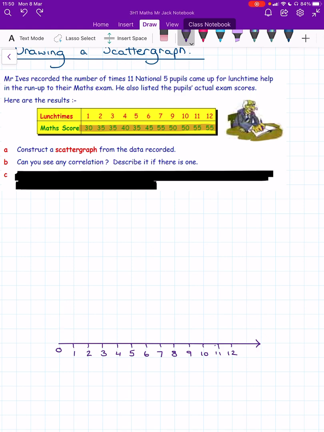which is we can jump and we could maybe start our graph on the 30 instead. So to do that, what you need to do is put a little squiggle, a sort of zigzag, right at the bottom of your axis. So if you just watch what I do here, you'll see what I mean. So we're going to start at 30 and we're going to go up to 55. So that's actually a relatively short